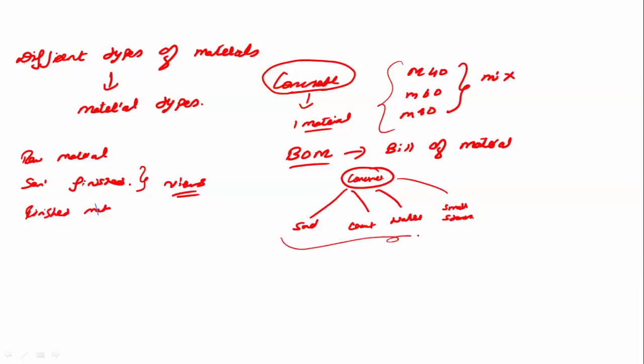If you mix all this, only then you will get this concrete. So how will the system come to know that you need these raw materials to get the semi-finished material? That is based on the bill of material. You have a concept called bill of material where you store this information, and based on this, the system will pick all the information and send it to the plant. So now to make the concrete, what we'll be doing is we will be having a